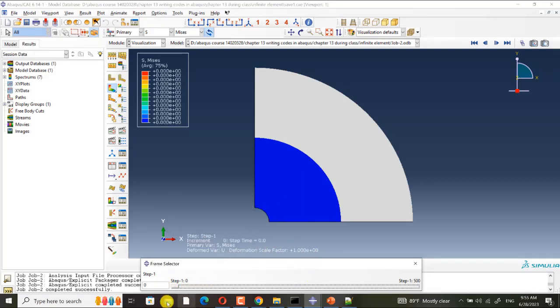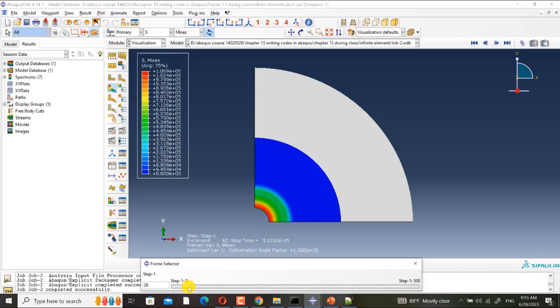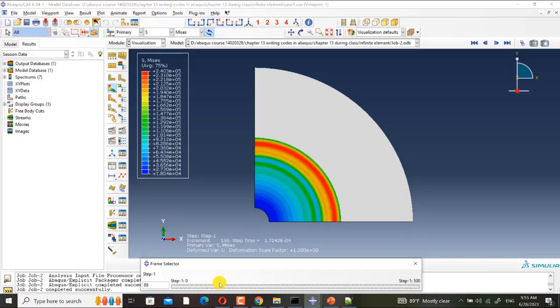So please notice, until this time we are giving energy to the model. Okay, until this time. And here you can see this energy, this wave, mechanical wave.